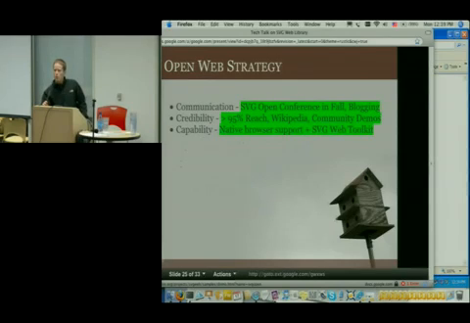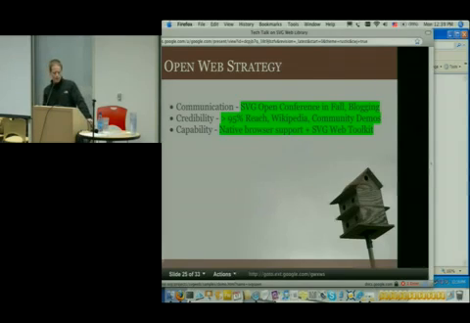So I've mentioned this open web strategy. When we started our open web advocacy group, we were like, what the heck is this? What does it mean to do open web advocacy? And we took as our goal that we want to help accelerate the rate at which developers can actually use this stuff. And we saw ourselves as a bit more of a cross-browser team.